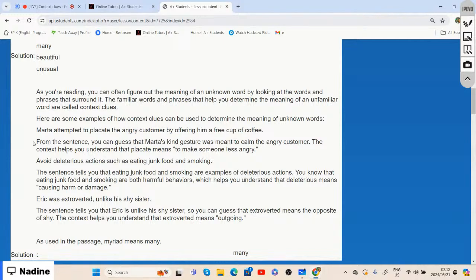The familiar words and phrases that help you to determine the meaning of unfamiliar words are called context clues. And if we look at a few examples of how context clues can be used to determine the meaning of unknown words,